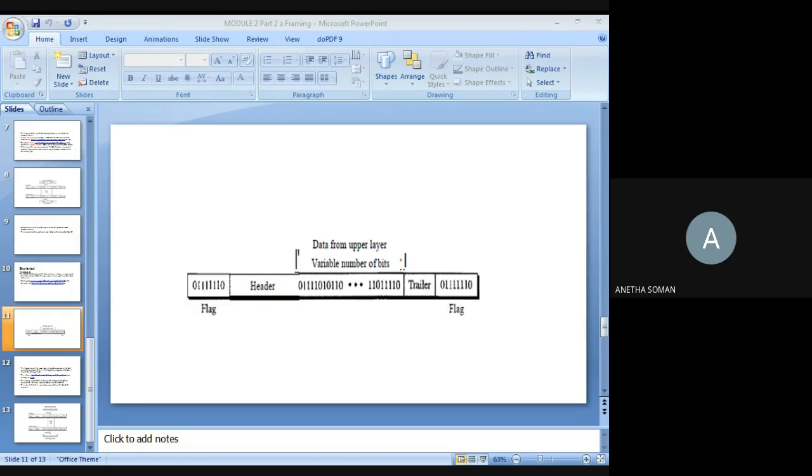Narrow it down. Data link control deals with the design and procedure for communication between nodes.